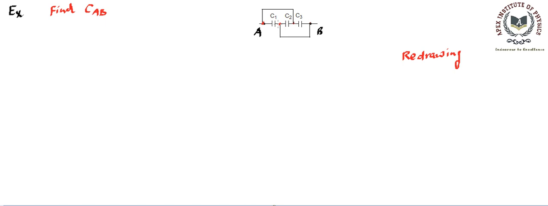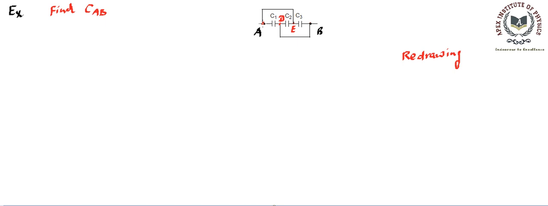So we are going to keep the connections where they are. For that sake, let's name some points. Let's say this point is named point D, and where this wire is connected, let's say that point is E. So we have 4 points that we can see here. One point is A, another point is B, and then D, then E. These are the 4 points.